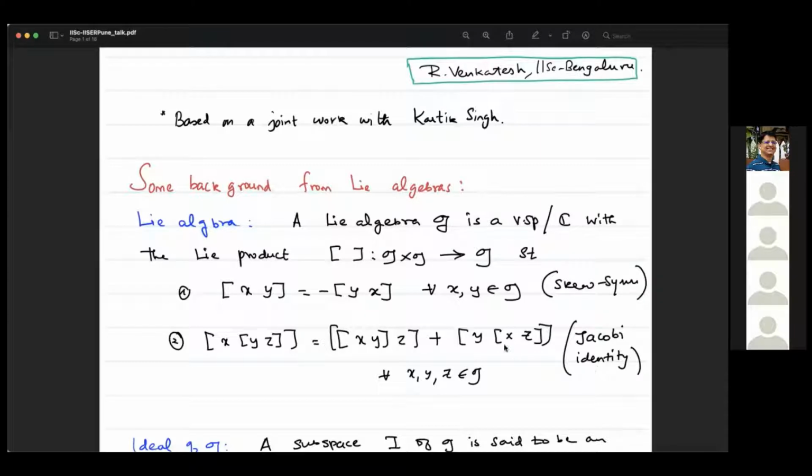is this Jacobi identity. This is motivated from the following: take a finite dimensional vector space V, and look at the endomorphisms of V. These are all C-linear maps from V to V, and that is an associative algebra, where the composition gives you the product. Now you can look at the commutator, the bracket [A,B] = AB minus BA. That will give you a Lie algebra structure on the endomorphisms of V. So more or less, the Lie algebra definition is motivated from that Lie structure that we study on the endomorphisms